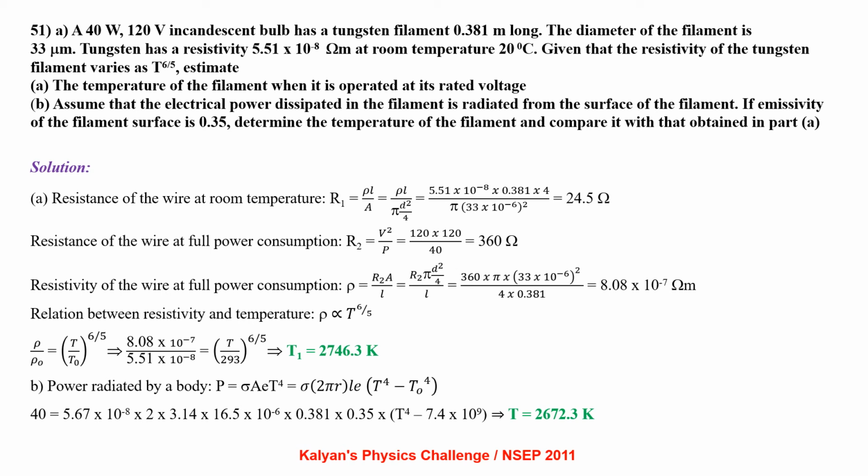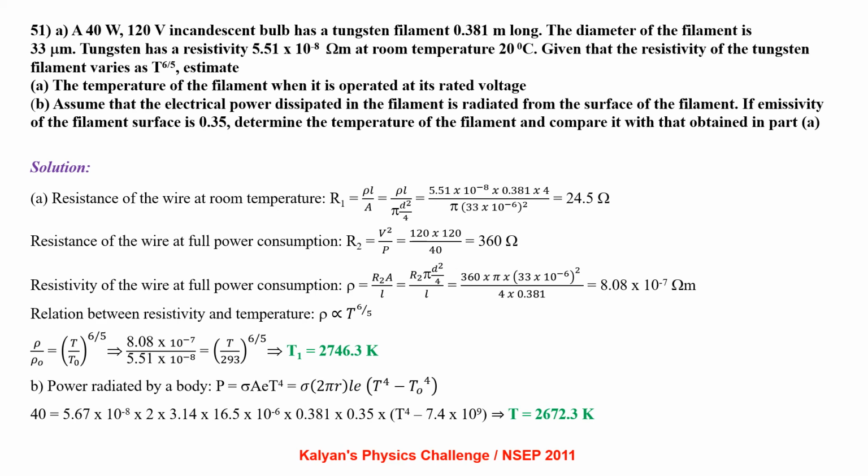where sigma is Stefan Boltzmann's constant, E is emissivity, A is surface area and T is temperature. Here it can be written as sigma times 2 pi r into L, because the filament is taken to be a cylinder, into E (T power 4 minus T naught power 4). T naught is the surrounding temperature. By substituting the values, we get the temperature of the filament to be